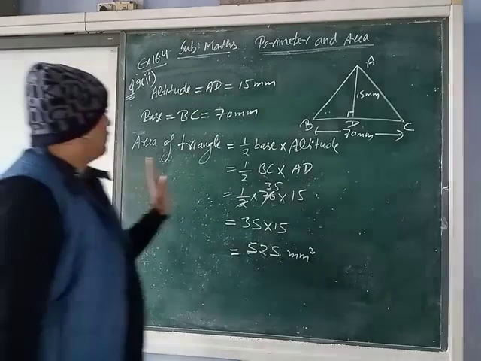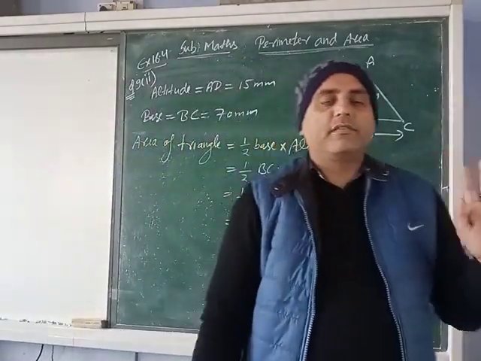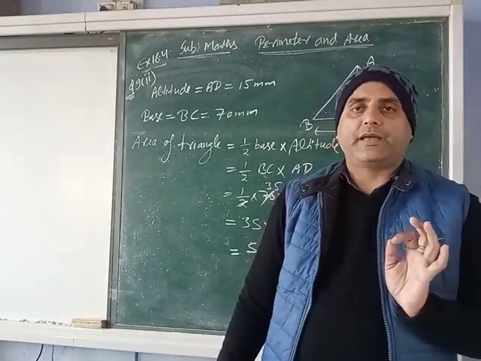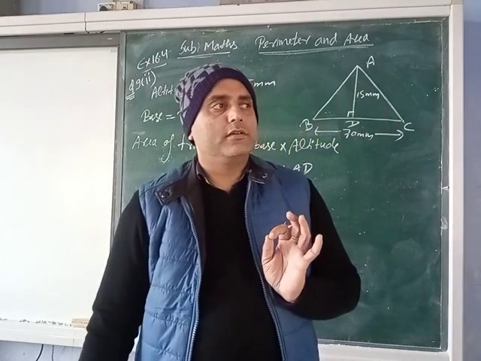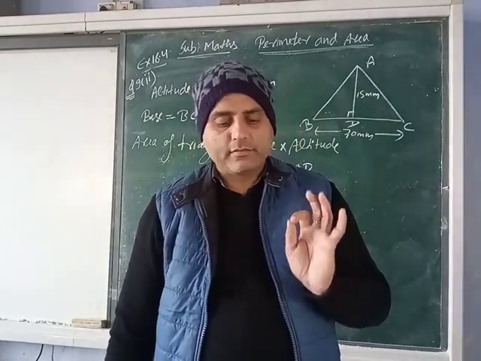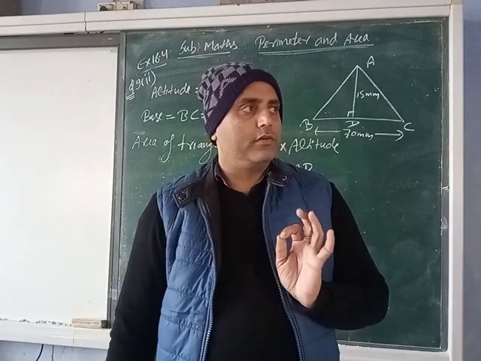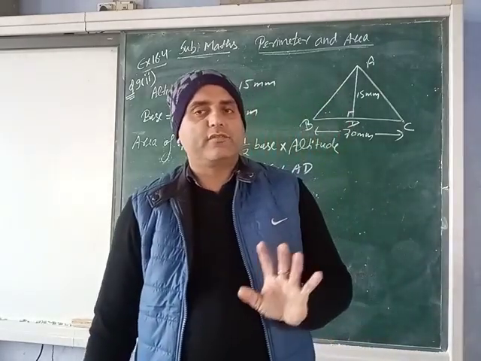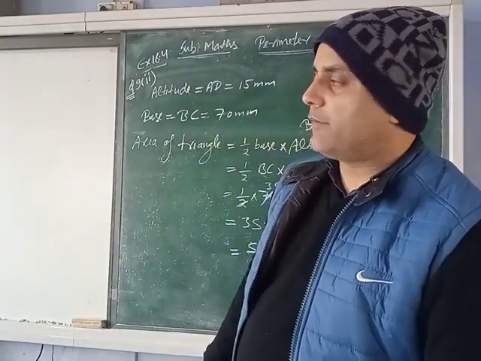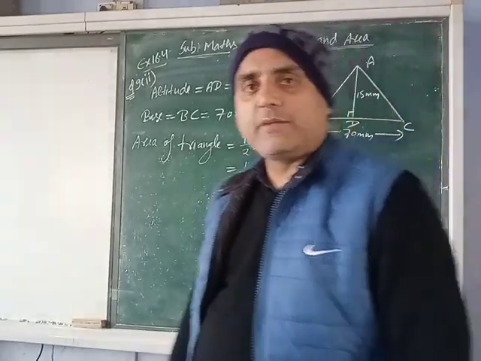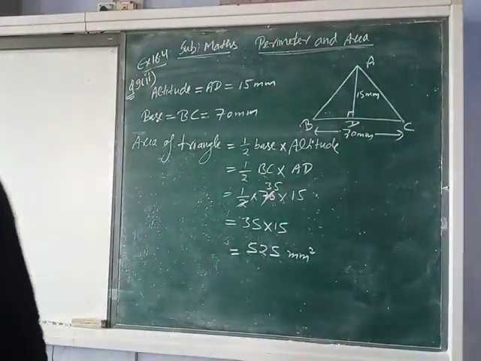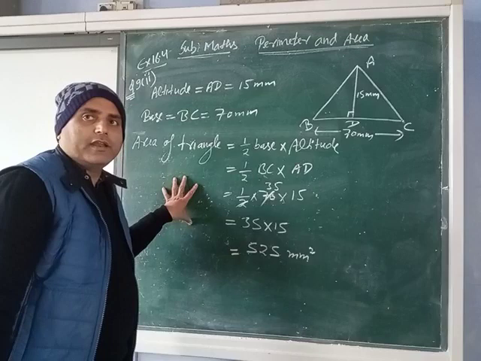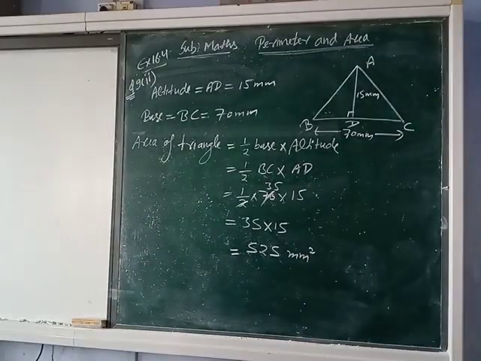So now in this exercise we will discuss about area of triangle and area of parallelogram. You have to learn this formula. What is the area of parallelogram? That is base multiplied by altitude or base multiplied by height. What is the area of triangle? That is 1/2 base multiplied by altitude or 1/2 base multiplied by height. So like this you will find what is the area of triangle or what is the area of parallelogram, what is the area of rhombus. Okay, thank you.